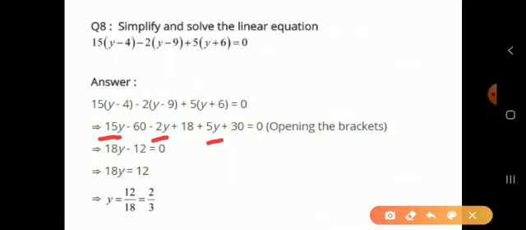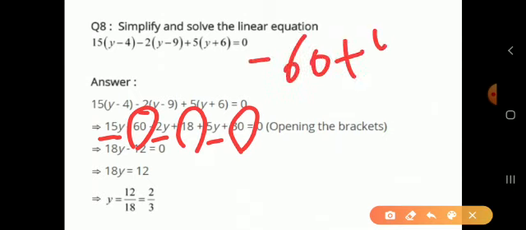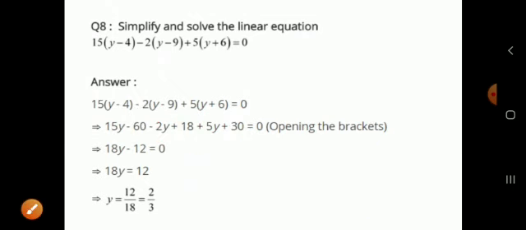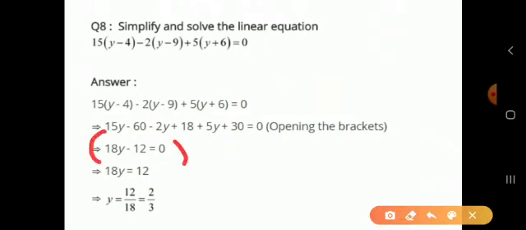Now see the number part. Number part, it is minus 60 plus 18 plus 30. So 30 plus 18, so easy to do. 30 plus 18 is what? 48. So minus 60 plus 48. Now different sign is there, so difference we will find out. So 60 minus 48, that is 12. And sign of larger number, so minus 12 we are getting. So see, next step we are getting 18y minus 12. Now minus 12 we are shifting to the right side, so it is becoming plus 12. So 18y equal to